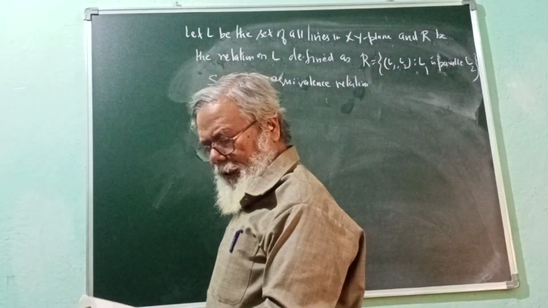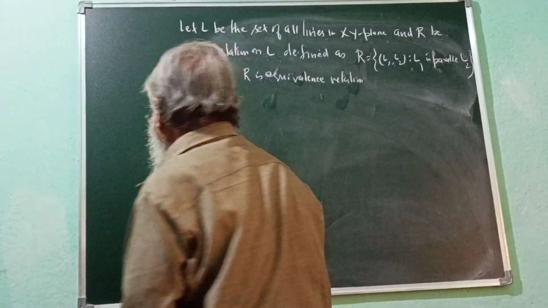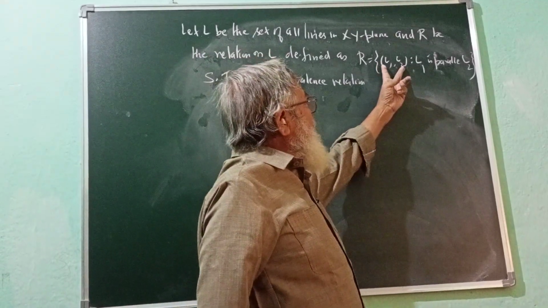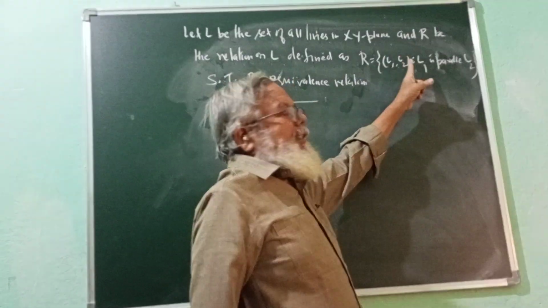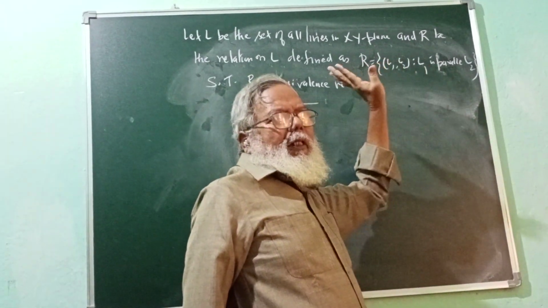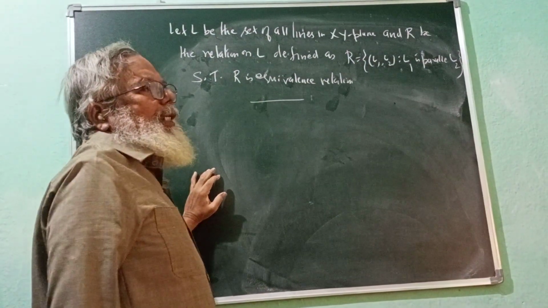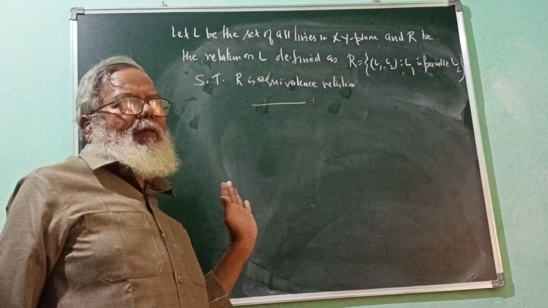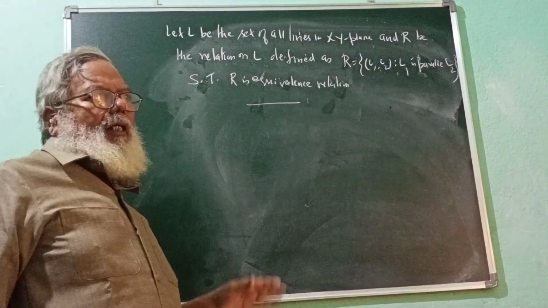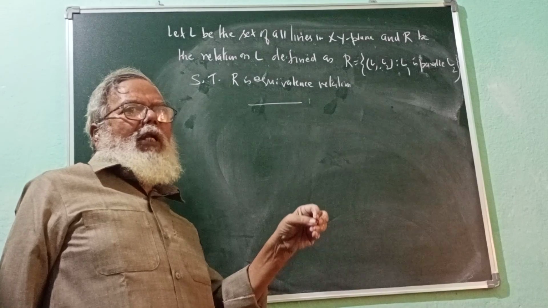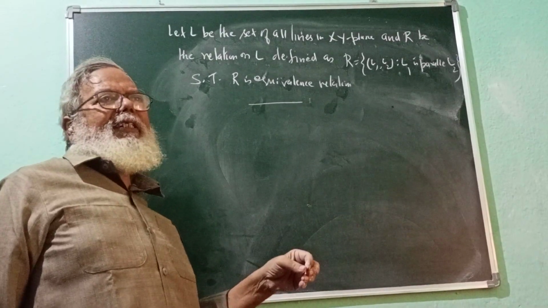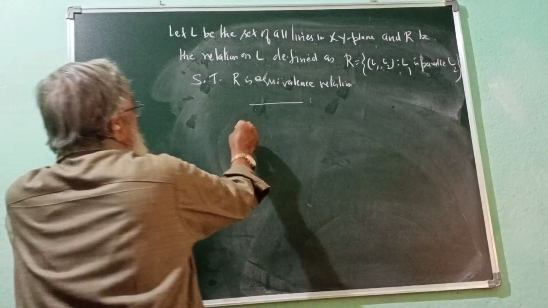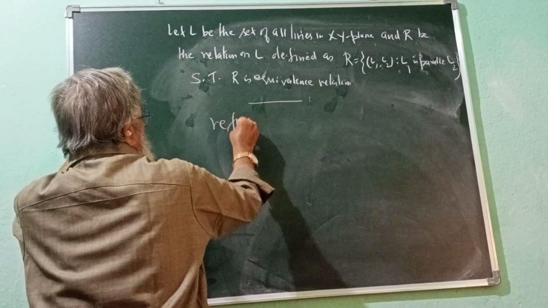R is an equivalence relation. To check, the ordered pair (L1, L2) will be in R provided the line L1 is parallel to L2. Two lines are parallel when they have no angle between them, that is, theta is equal to 0. When the two lines coincide, we also observe that theta is equal to 0. Therefore, for reflexive,